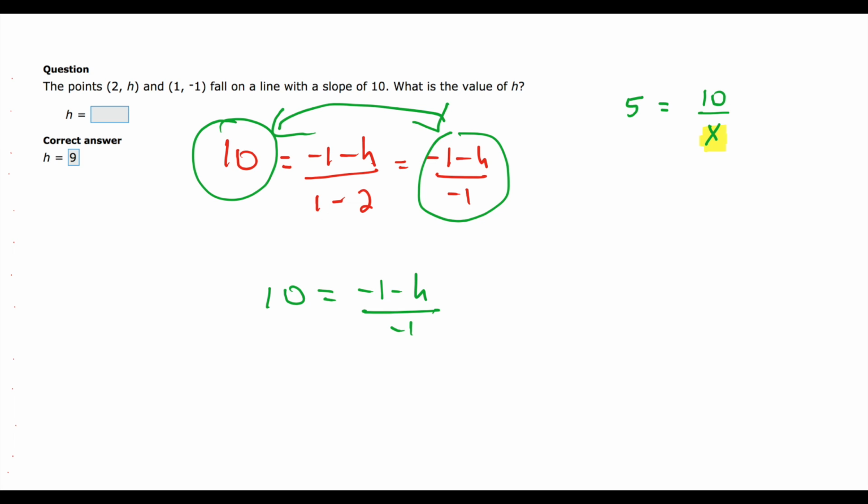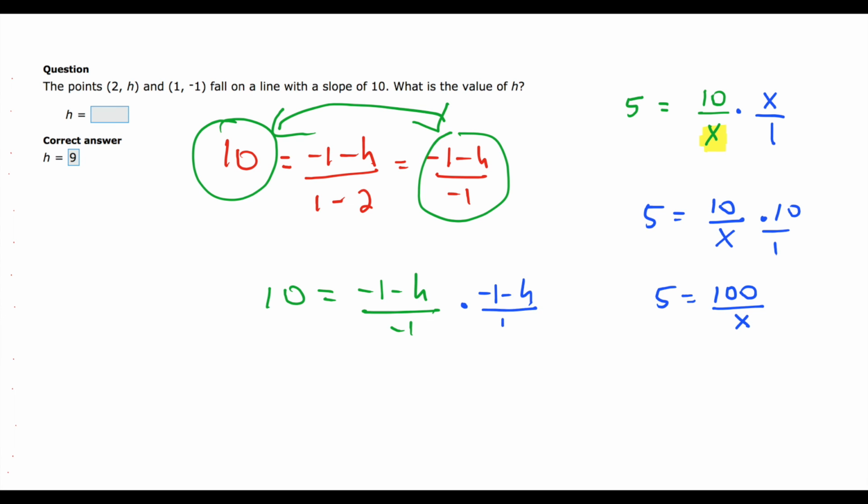Whenever you multiply by a whole number, always write it as that number over 1, next to a fraction. If you do 10 over x and multiply that by 10 over 1, you're going to get 5 equals 100 over x. In this case, if I had multiplied this by negative 1 minus h over 1,